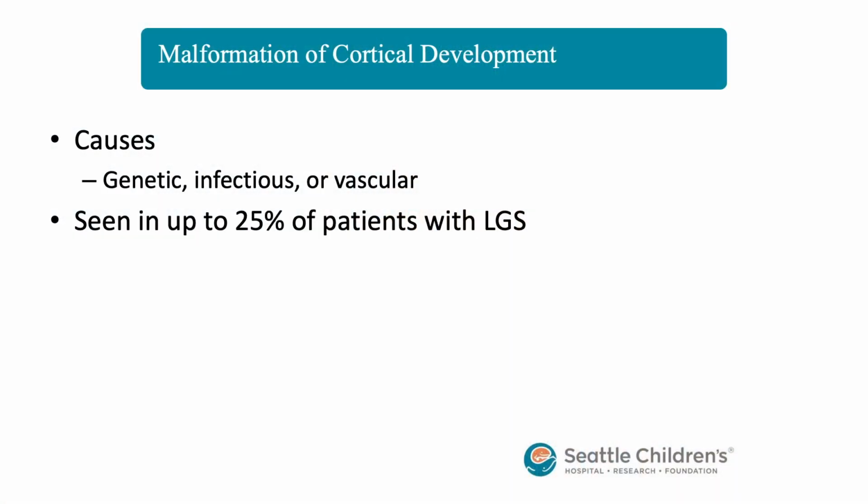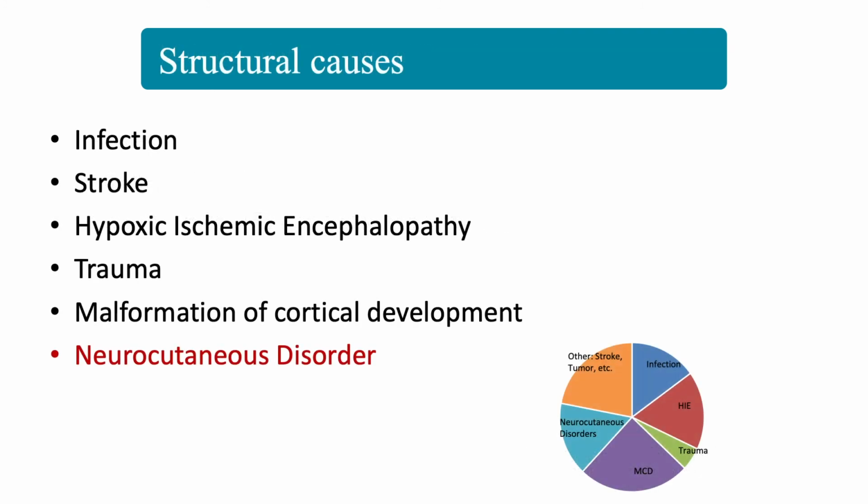So malformations of cortical development, we've touched on, can be genetic, infectious, or vascular, like a stroke, and a stroke is a very common cause of Lennox-Gastaut syndrome. Okay, and our last group,